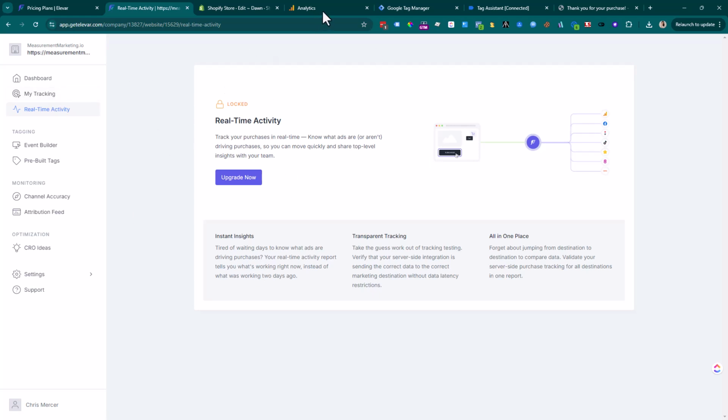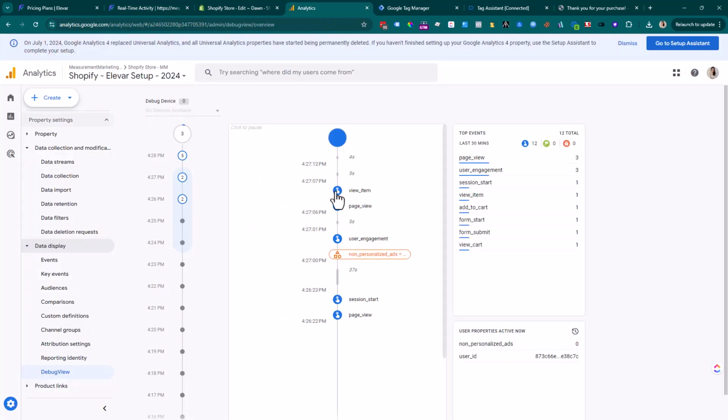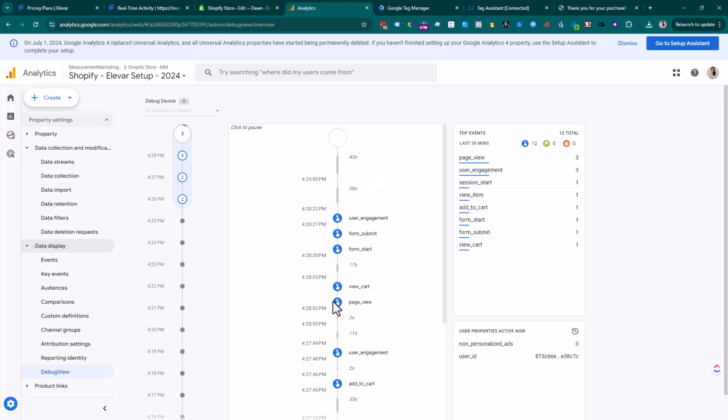And what we could do is, in 24 hours, 48 hours from now, a day or two, come back and kind of TBV, take a look and see if GA4 has a purchase. So let's just give this a minute to see if you can get back into analytics. For some reason, it doesn't want to load. So here we have it. So you won't see a purchase here. We see the add to cart. Don't worry about it. Like I said, give it 24 hours and you can come and check if there's a purchase. Now,